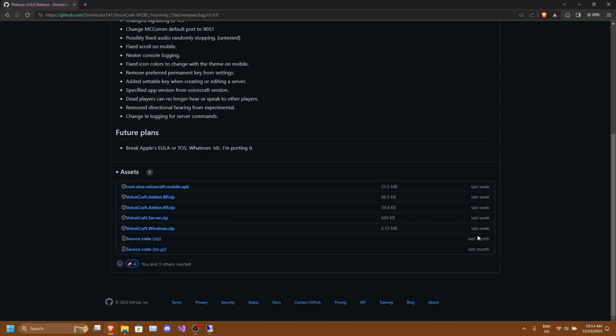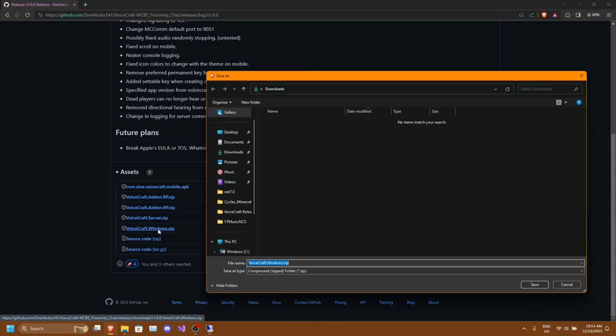So in my case, since I'm running it on a Windows device, I would download the voicecraft.windows.zip. If I were to download for the Android version, I would download the com.sign.voicecraft.mobile.apk. But since we are on Windows, we'll just download the Windows file. So we'll just click on that, then save it in our downloads folder.